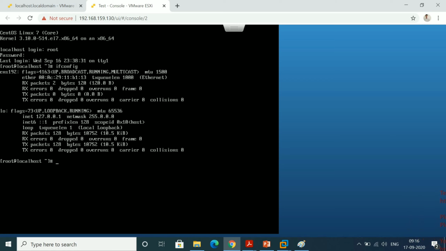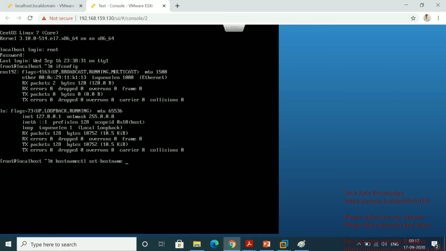So let me first assign the host name. The command is hostnamectl set-hostname, and whatever you want to keep as the host name, you can put here.